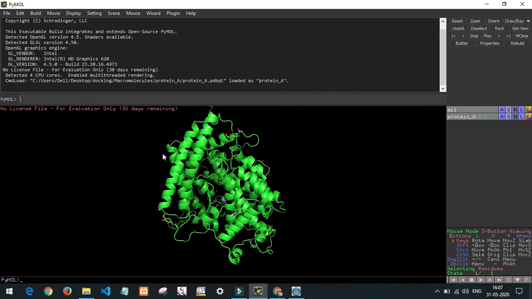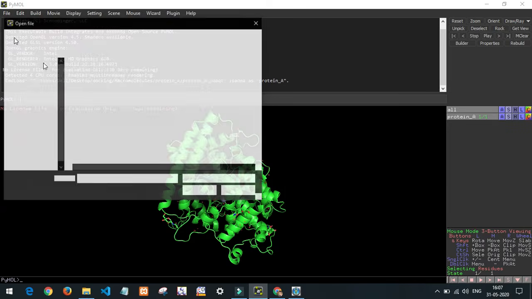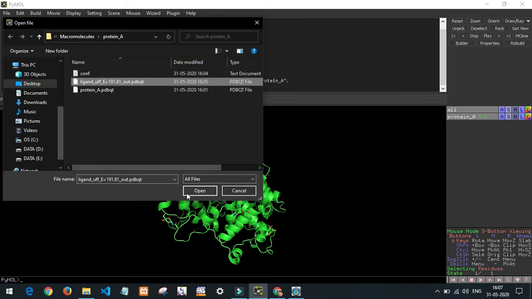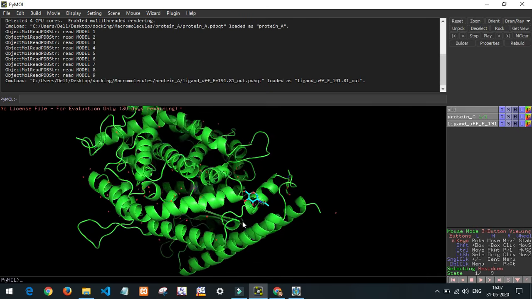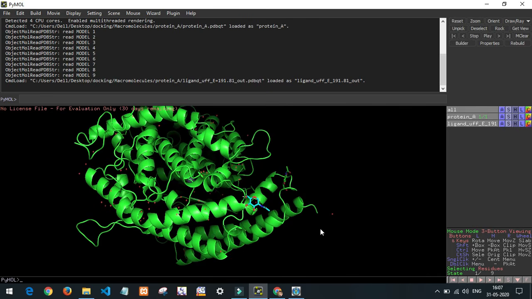Now our protein molecule gets loaded into PyMOL. Next, I want to load the ligand also. Open. We can see our protein and the ligand molecule together in the same window. We can analyze the protein and ligand interactions by using the command line and the graphical menus.